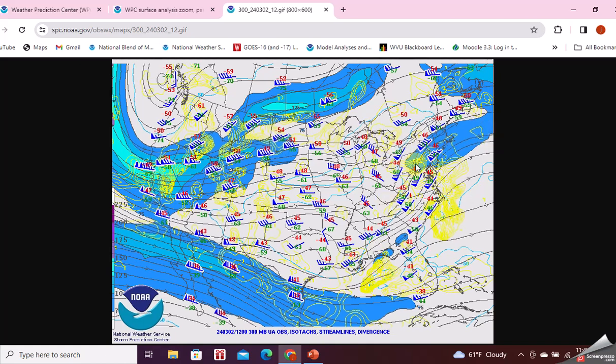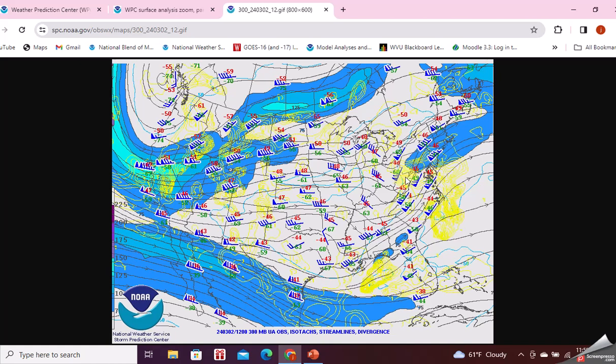Notice we have another stronger jet over here. We're going to talk about winds diverging this chapter too. What does that mean? Well, take a look right here. I have an 80 knot, 90 knot wind right here. Right behind it, I have a 60 knot wind. What happened over this area right here? The winds are being pulled apart. So I have divergence. Divergence is just that. Winds are pulling apart the air. Convergence, on the other hand, winds are pushing the air together.